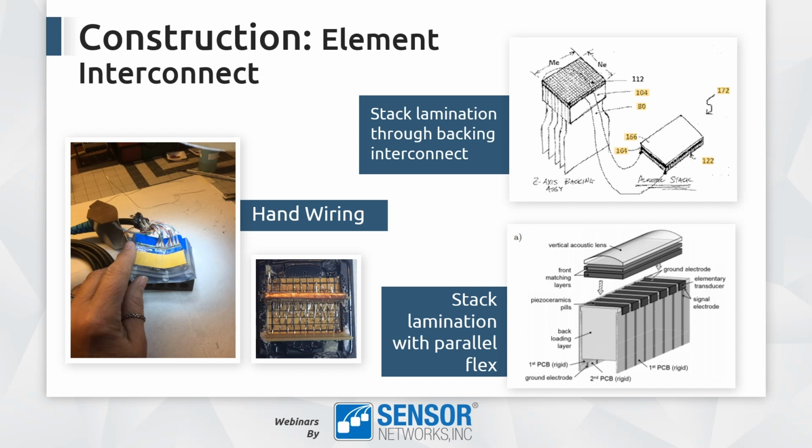This is a great way to do very high density arrays because it allows you to interconnect at a fine pitch, and it also allows you to have the piezoelectric material directly in contact with the backing, which is really the downside of the other technique in the lower right,